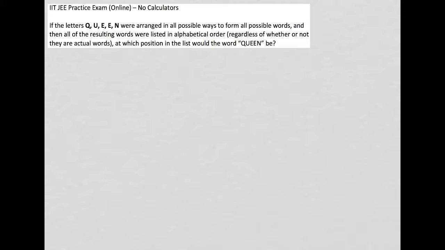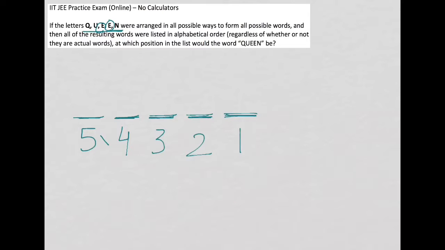But before we worry about that too much, let's just think about how to calculate the total number of permutations. There are a total of 5 letters, so the words we end up with all have to be 5-lettered. For the first letter, we have 5 options. It can be Q, U, this first E, this second E, or N. For the second letter now, we only have 4 options remaining, since one of the letters was used for this first spot. Then for this third spot, we have 3 letters remaining. For the fourth spot, we have 2 letters remaining. And then whichever letter is left over must be the last spot, so there's only going to be one option. In all, there are 5 times 4 times 3 times 2 times 1, which is equal to 5 factorial